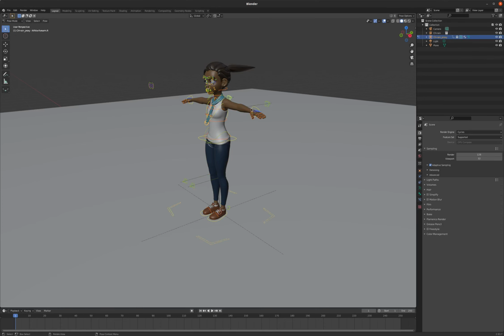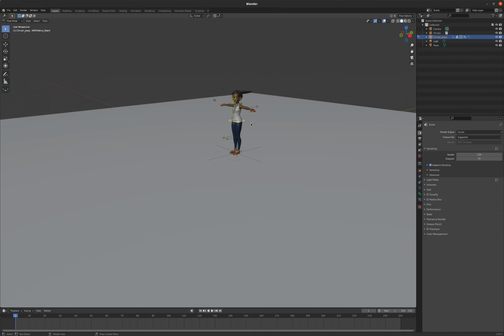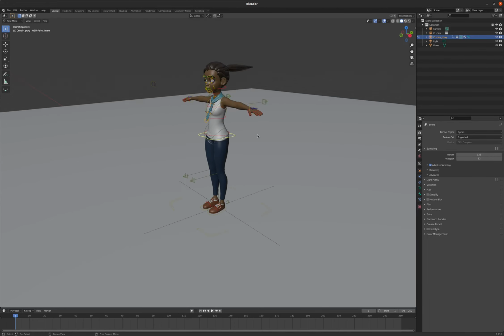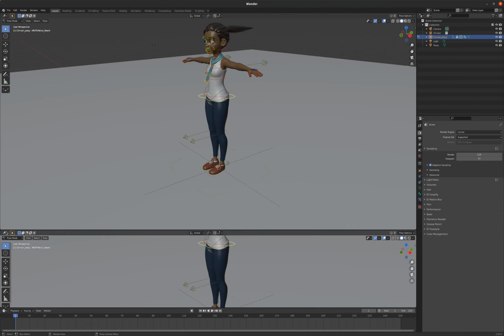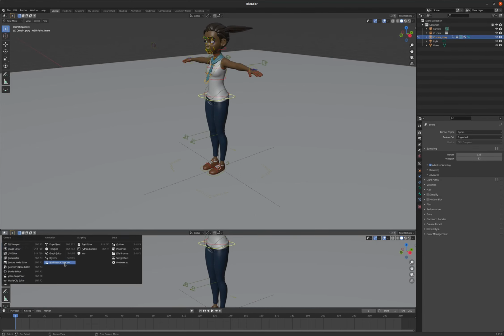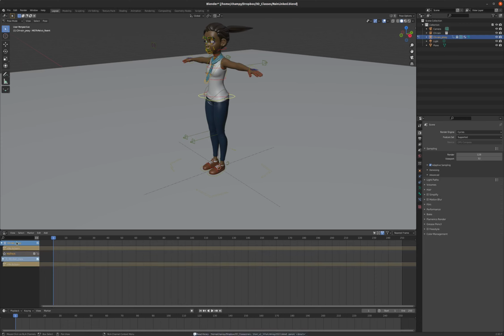Pose mode. There we go. And I can now pose the character. Okay, so with that, we're now going to open up our NLA editor, nonlinear animation. So here we have our chrain proxy, and I'm going to add an action strip, and you can